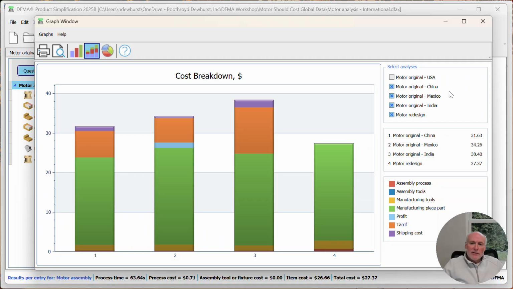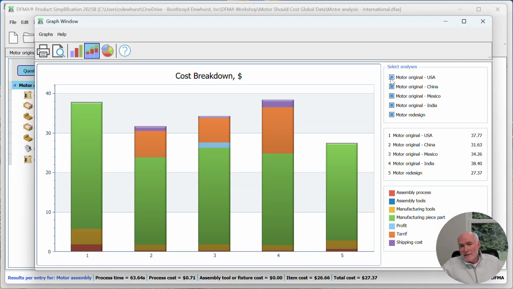You can see what I've done now is I've come up with a product design that can be produced here in the US for less cost than it can be produced anywhere else in the world, given the costs of shipping and the tariffs that are currently being applied to products manufactured overseas. Now, it's also significantly less, because it's got fewer parts in it, than the thing that I was producing originally in the US. So the DFMA software tools not only give you now the data to explore the costs of